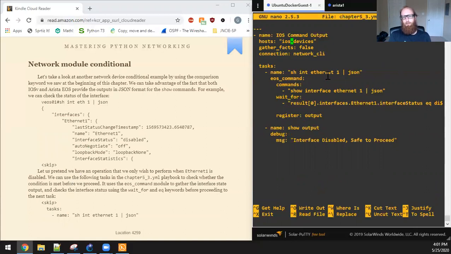But it did not mention that you've got to change the hosts name. It's going to read from that file. So in that file, I named it EOS devices. And then, of course, I need to give it a name that makes more sense. So EOS